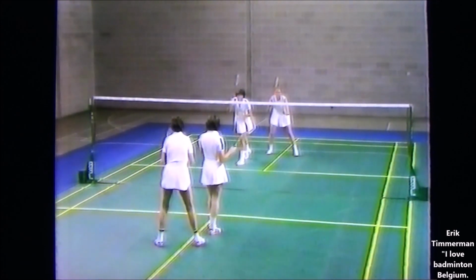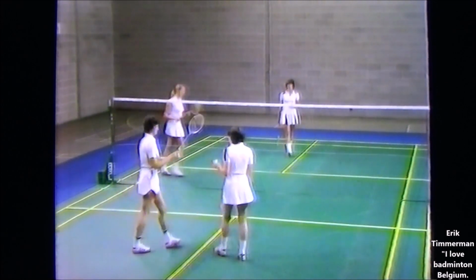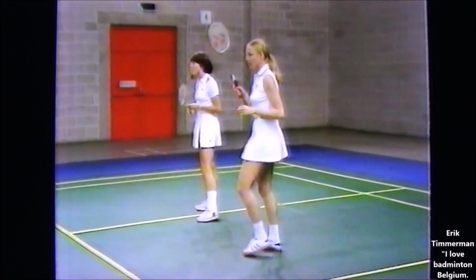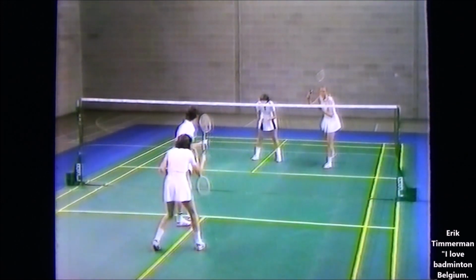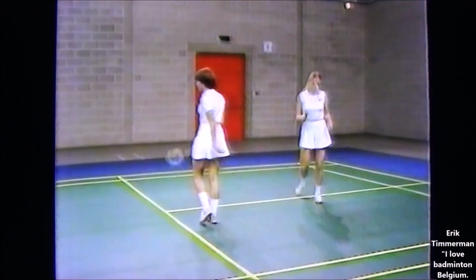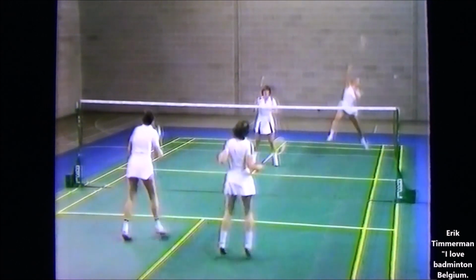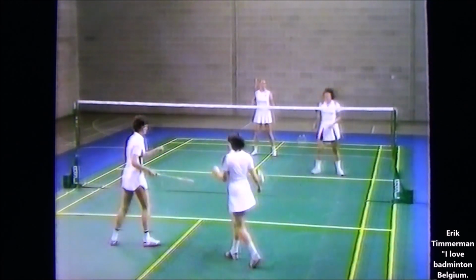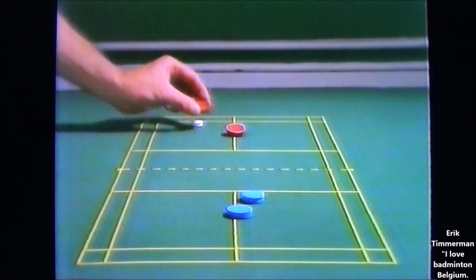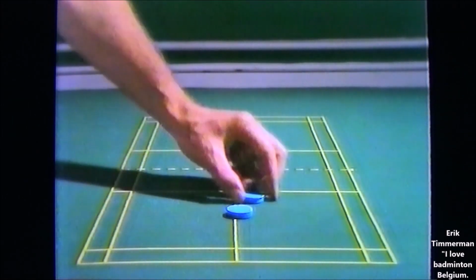Again. Sides and the kill from the attacking formation. Now I'll show you this from the backhand court. Kill from the attacking side in the front and back formation. Sides defence, block, kill. So we see after the flick serve, we take up the attacking formation, back and front formation, and the defensive